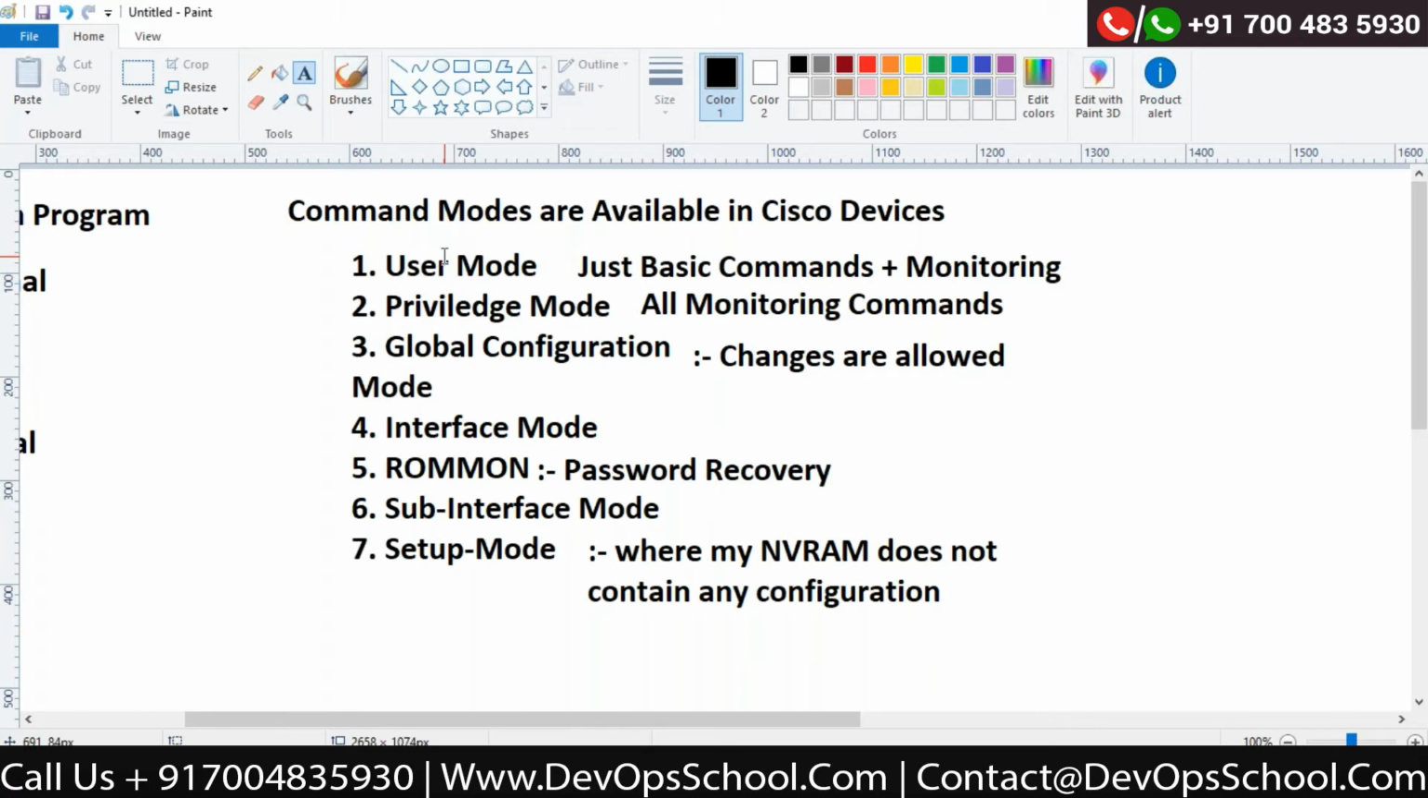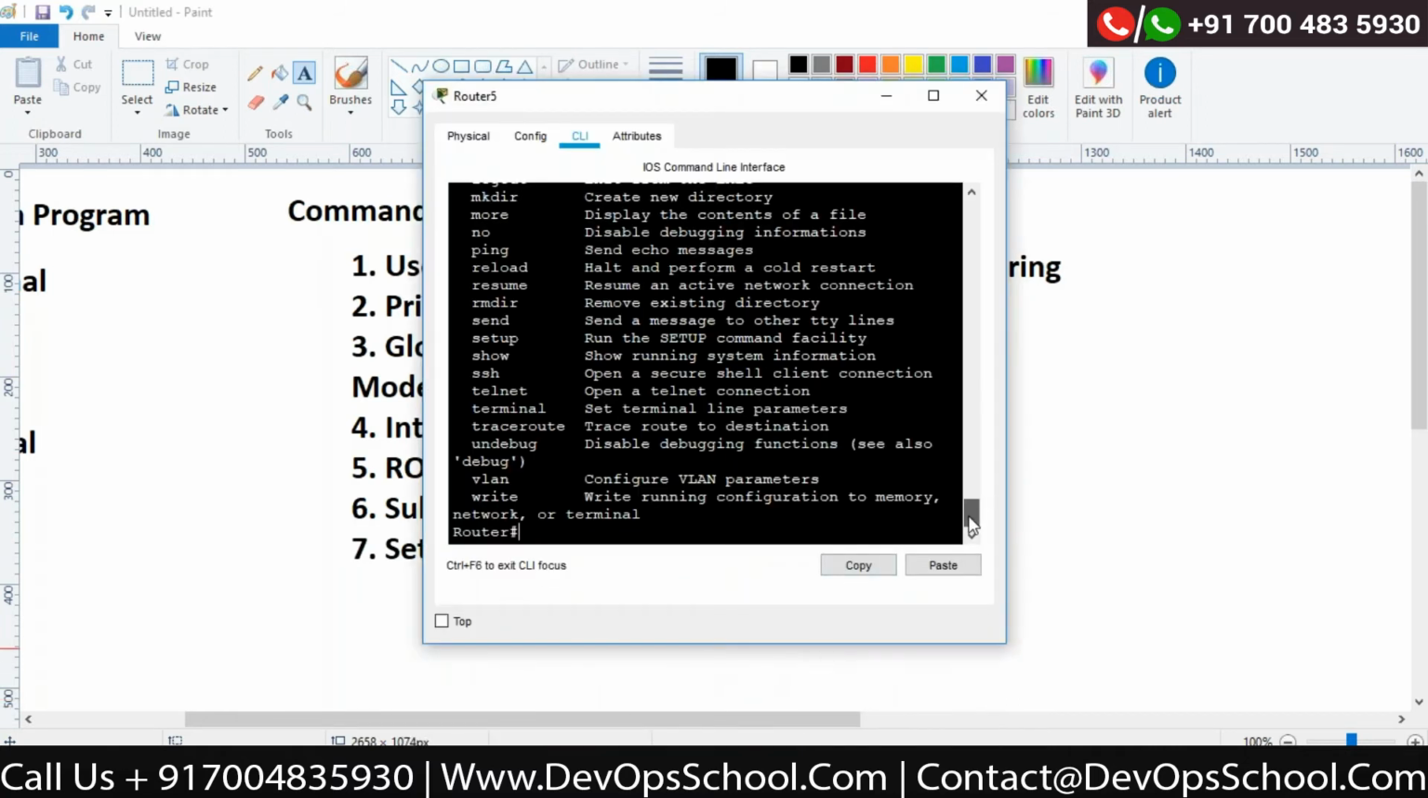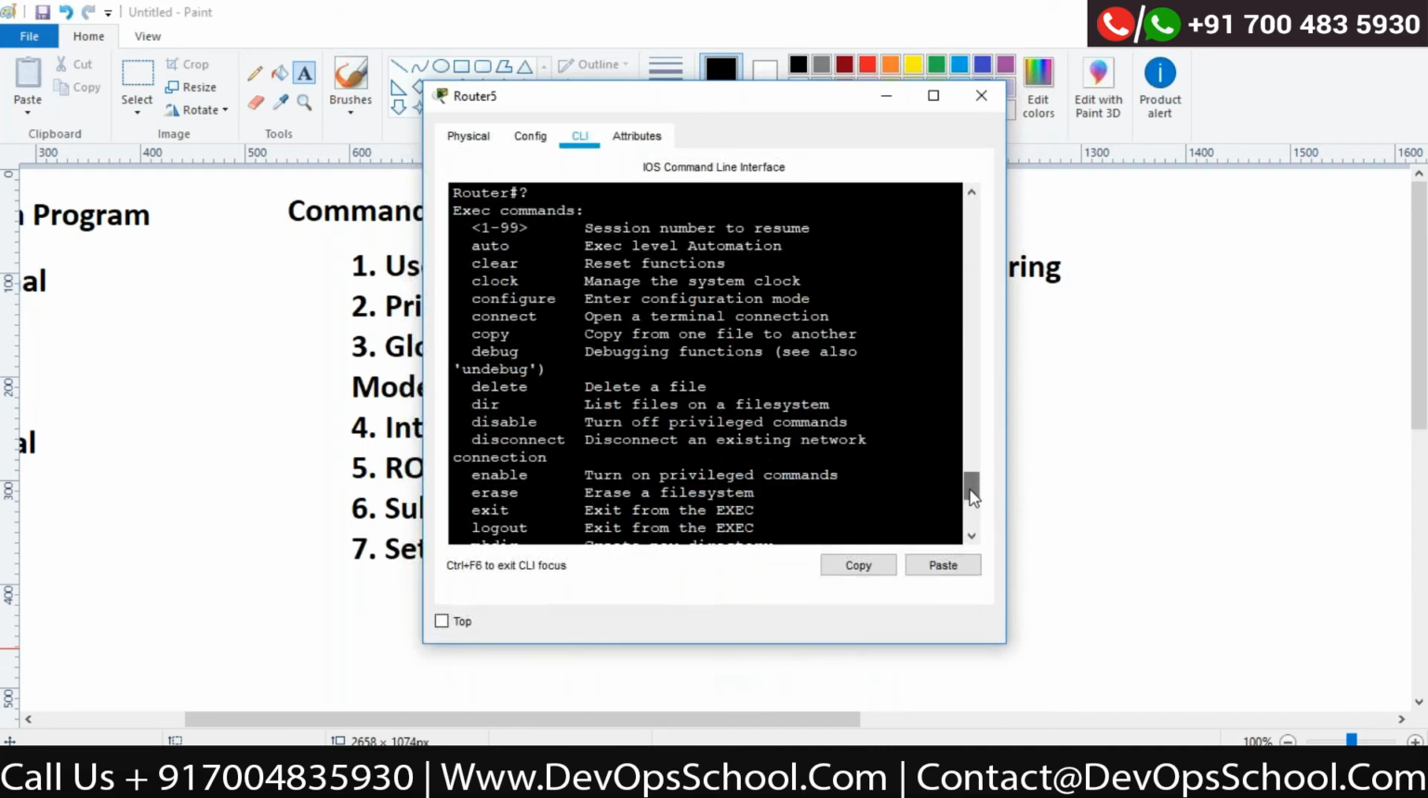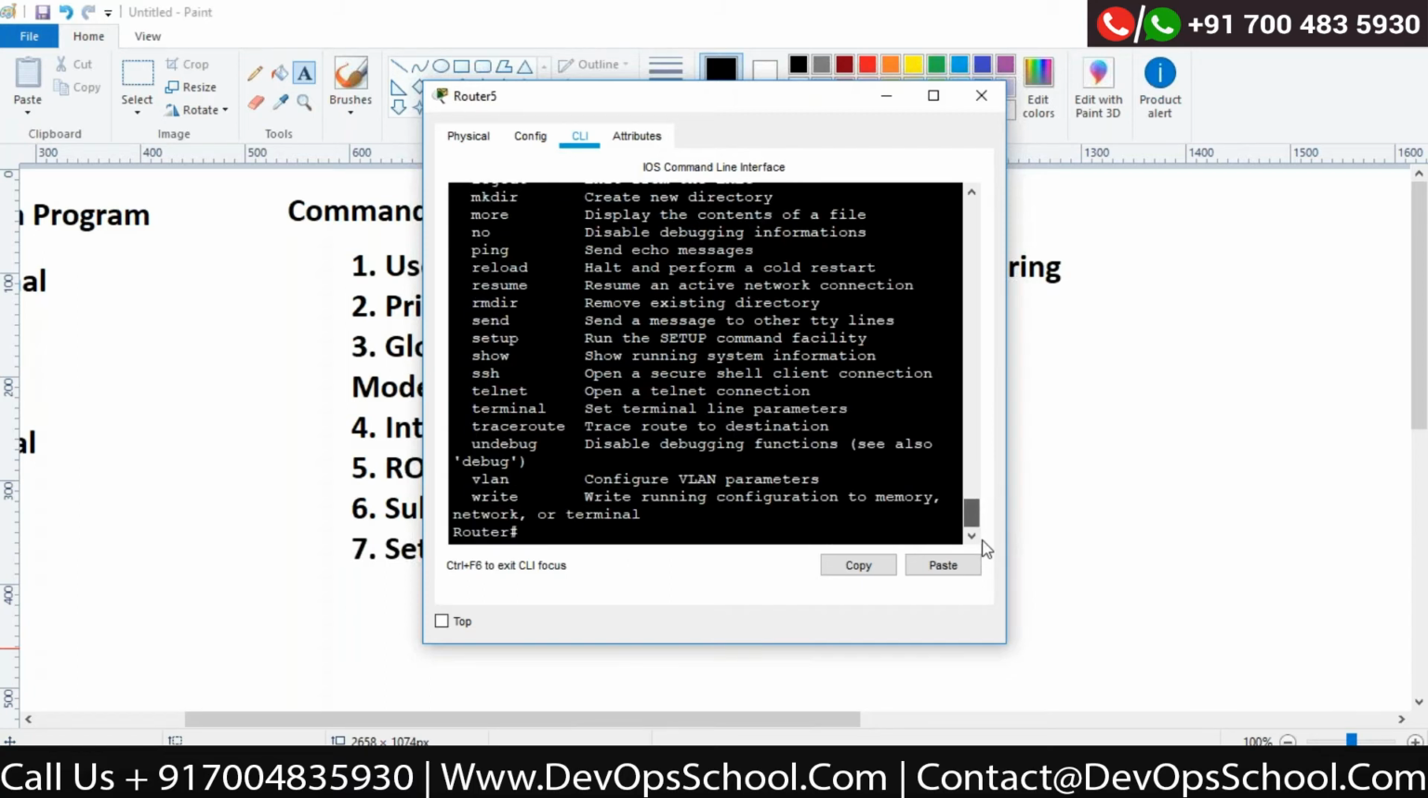User mode is very basic. The second mode is privilege mode, where I get much more ability to see; visibility is broader. Global configuration mode is where I can do the changes. Now, how do I go to global configuration mode? Simple. There is a command called configure, enter configuration mode. So if I say the command configure terminal,